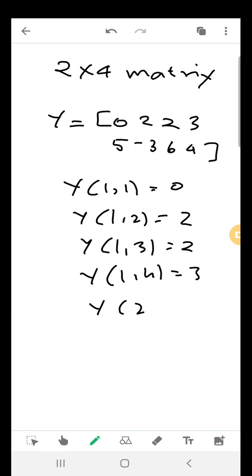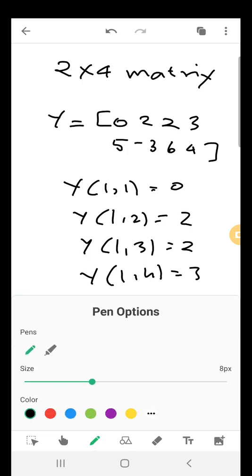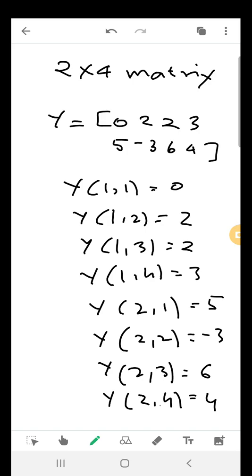Similarly, y 2 1 is 5, y 2 2 is -3, y 2 3 is 6, and y 2 4 is 4. Now instead of representing the matrix in this way, there is another way of representation,